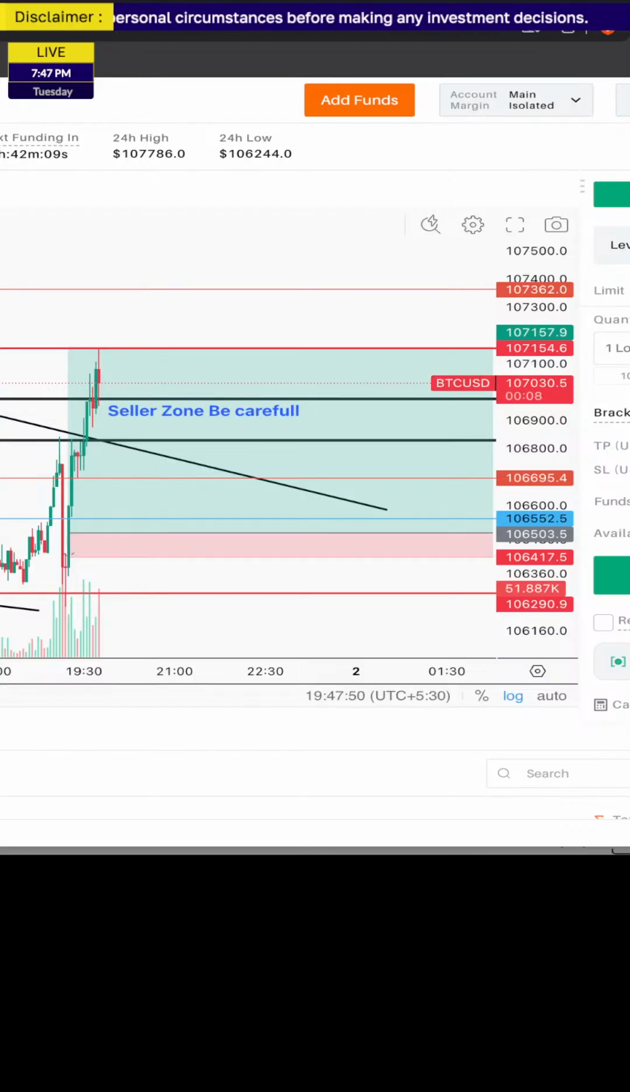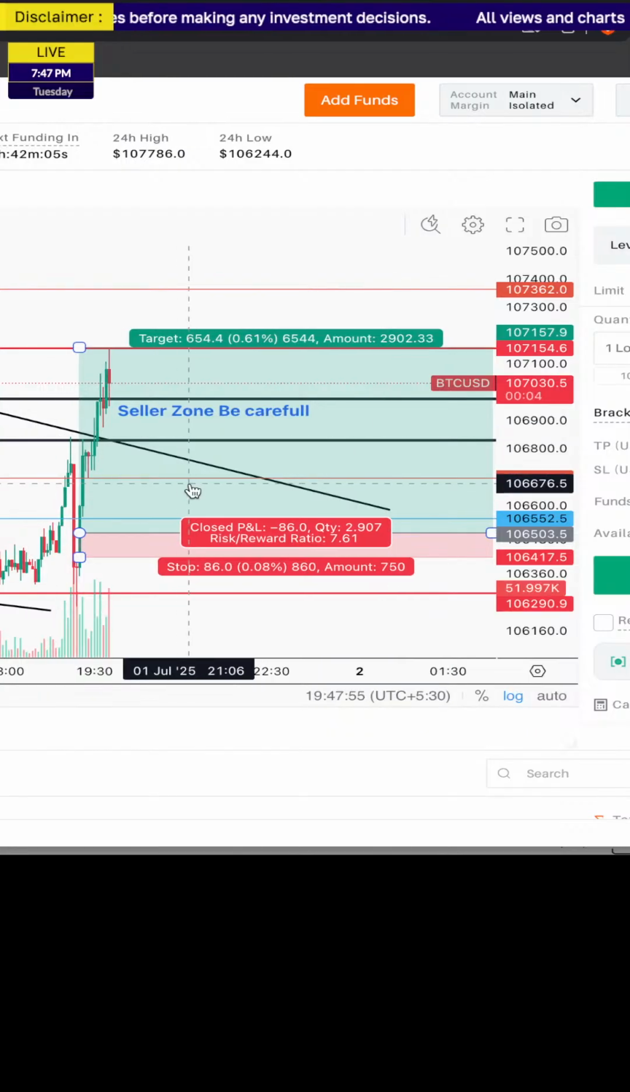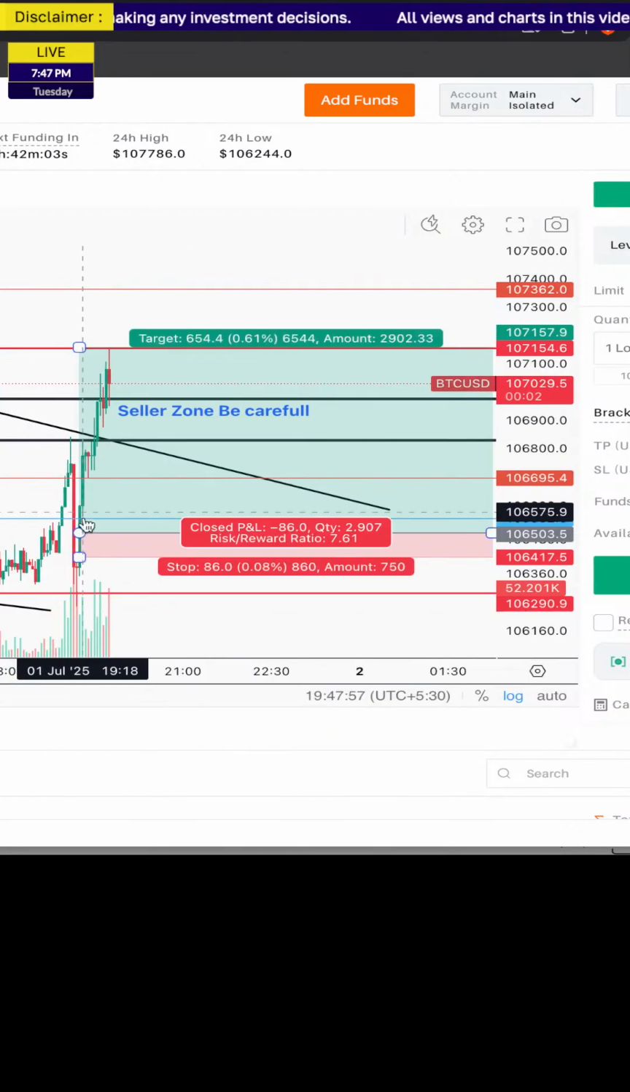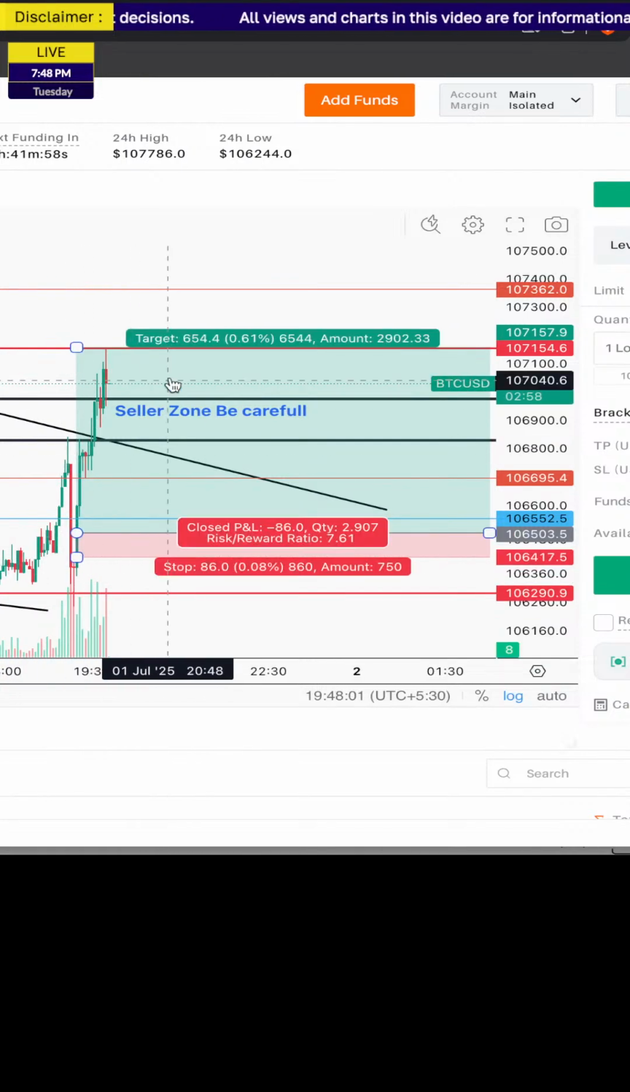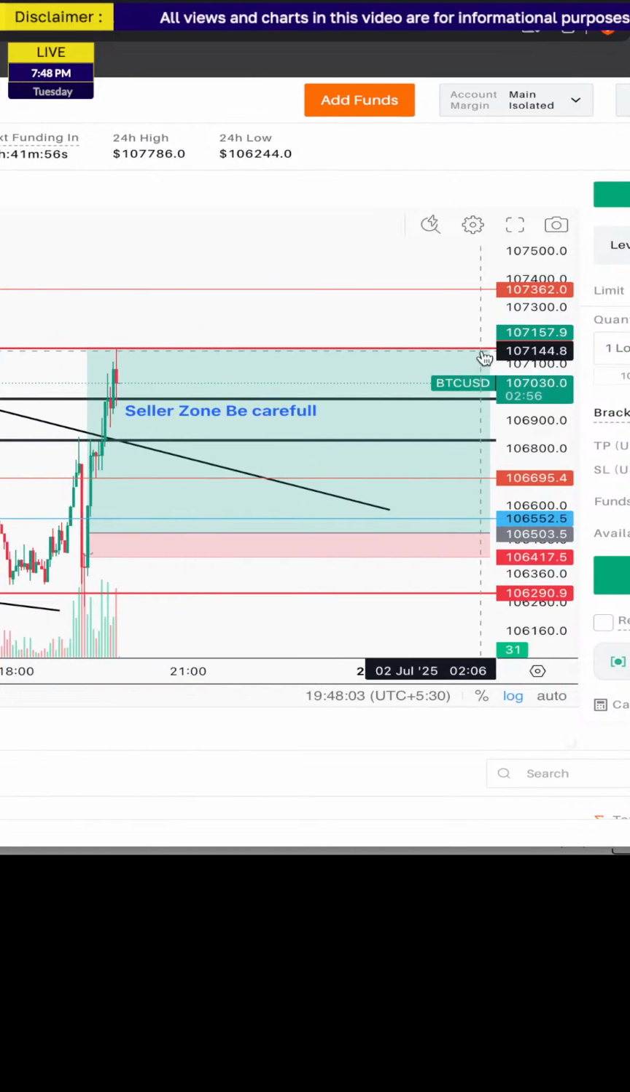Let me know, traders, what happened to your setup. From the time the live stream started itself, we were waiting for the bullish setup. Properly we have waited for the breakdown, the seller pressure zone correction. Then only we are holding. So